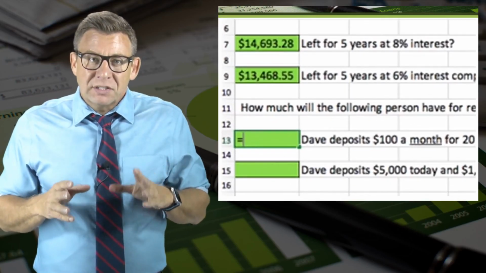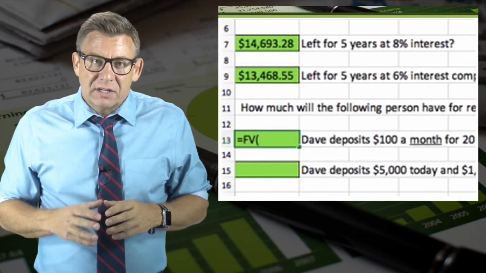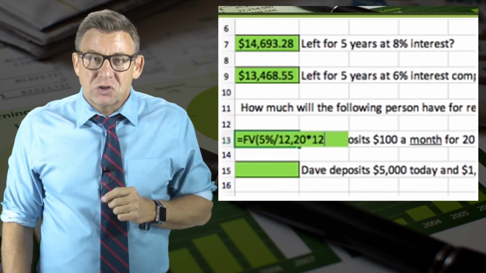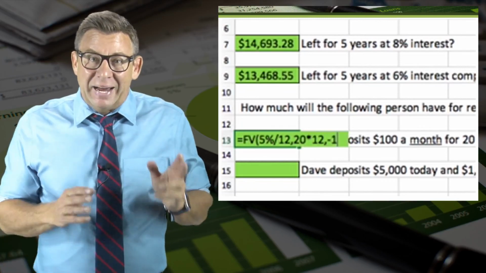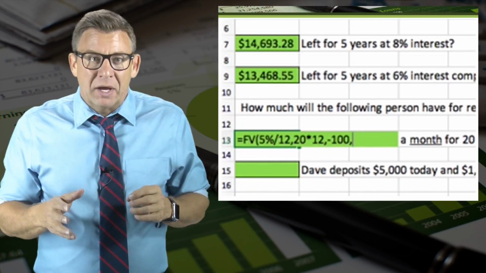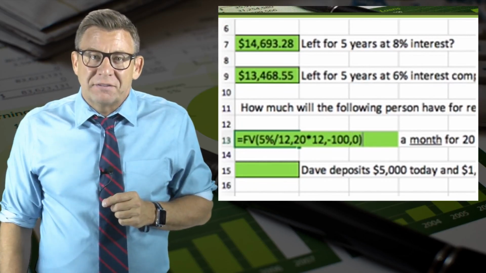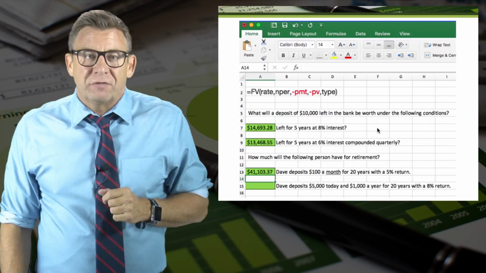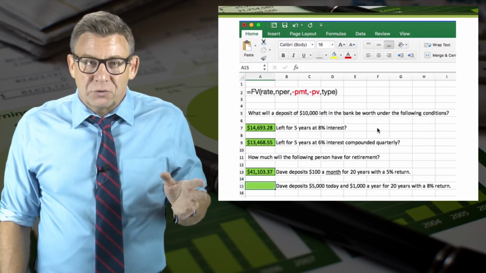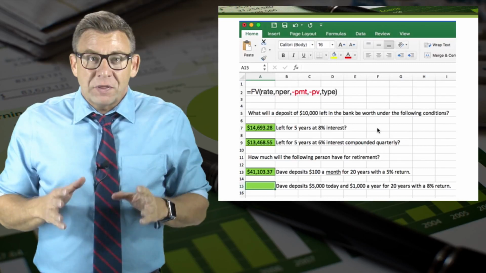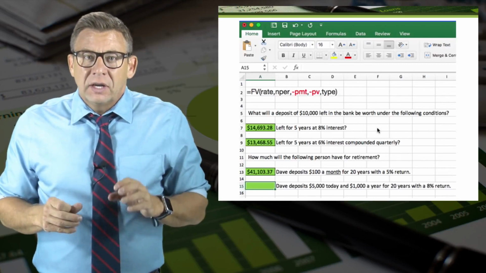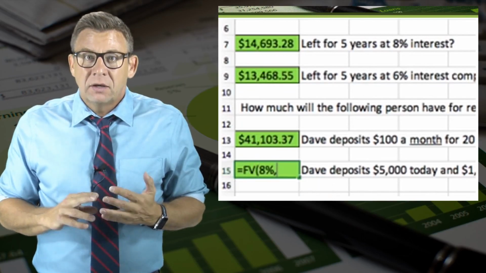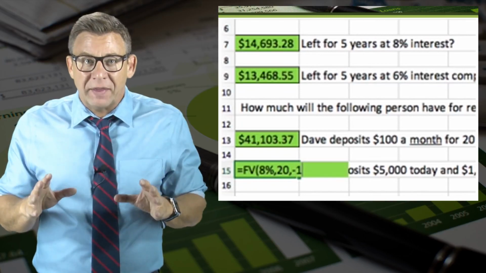I enter equals FV, open parentheses, 5% divided by 12, comma, 20 times 12, comma, minus 100 for the payment, comma, and 0 for present value, since there was no initial one-time amount. This results in a future value of $41,103.37. For this last one, I enter equals FV, open parentheses, 8%, comma, 20, comma, minus 1,000, because it's a